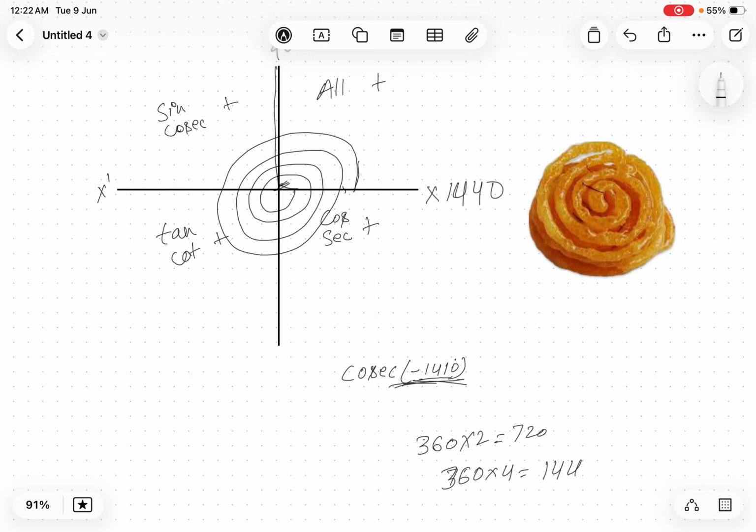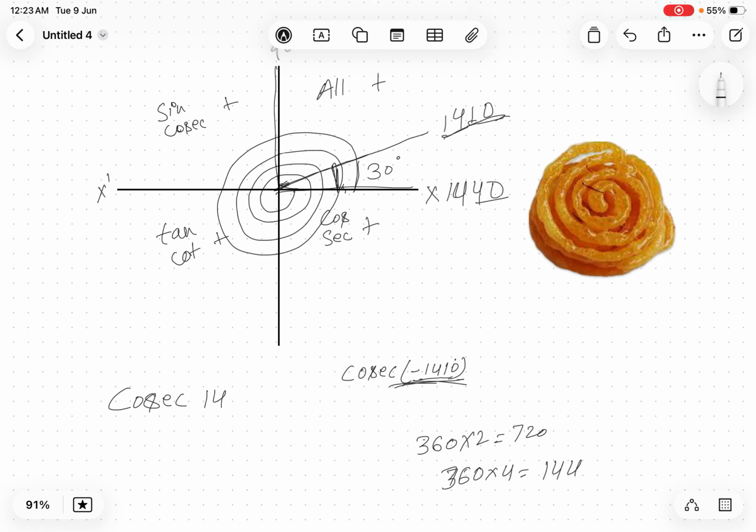Means before 1440 there will be a point, an angle, that will be 1410, right? So we can say 1440 minus something is equal to 1410. So what is the difference? This difference is 30 degrees, you see, 40 and 10. So we can say